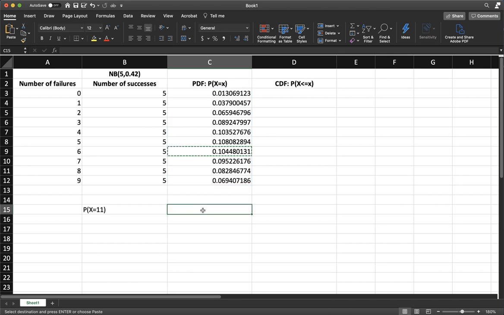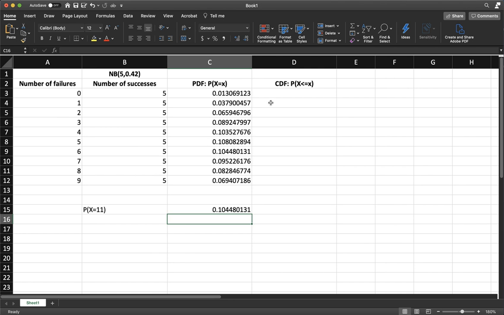There we go. So the probability that our random variable is equal to 11, the number of trials up to and including that 5th success, is 0.104480131. Again, it's just the way Excel defines the probability distribution, why we have to specify these